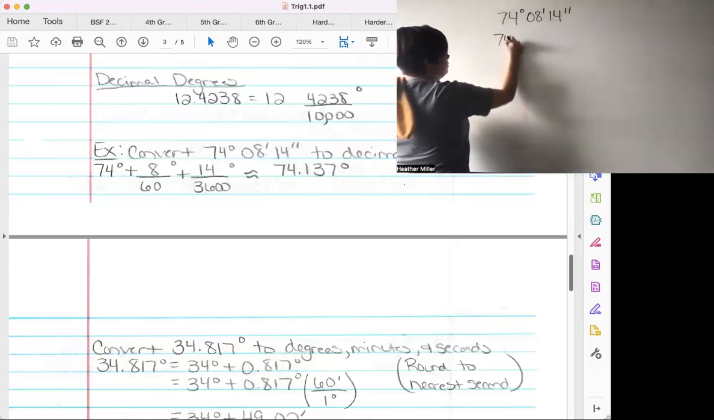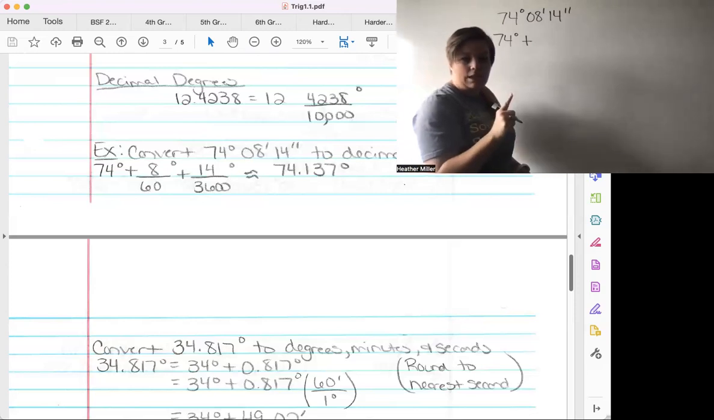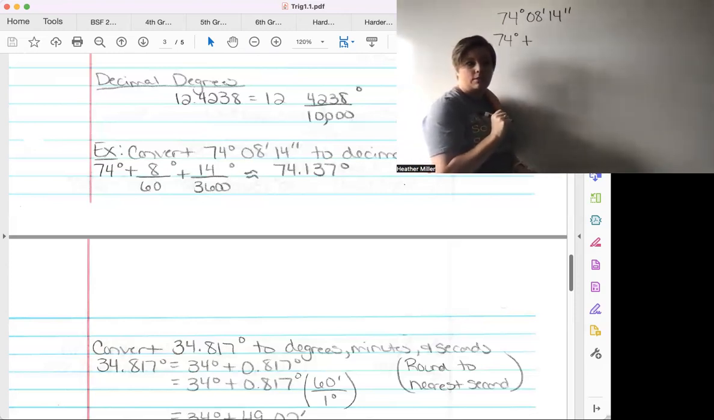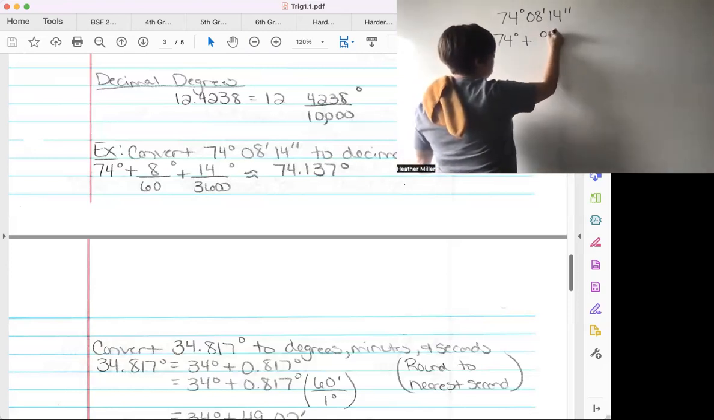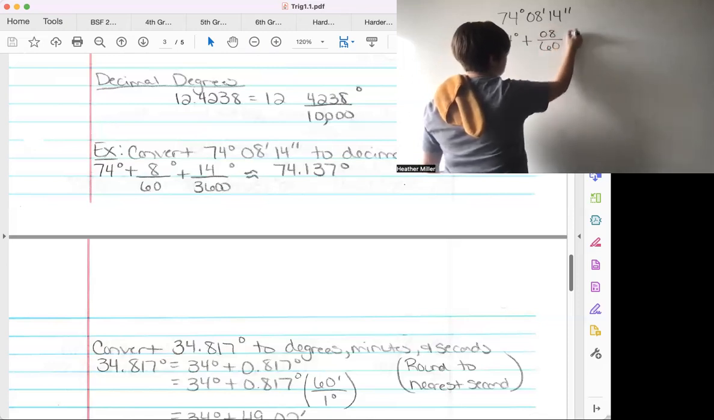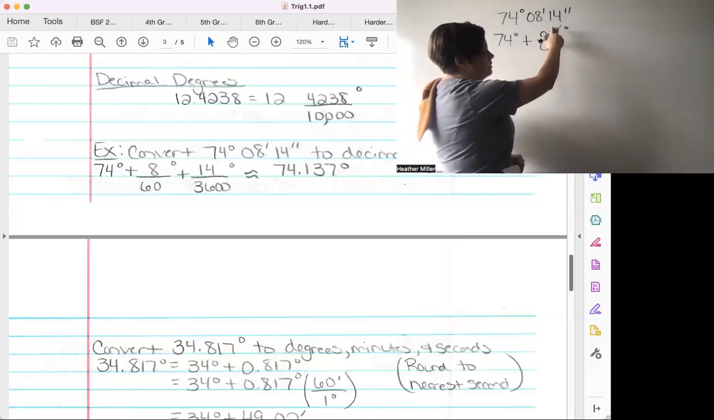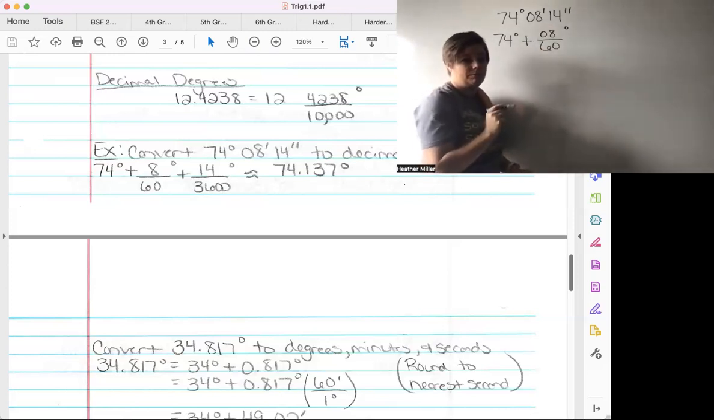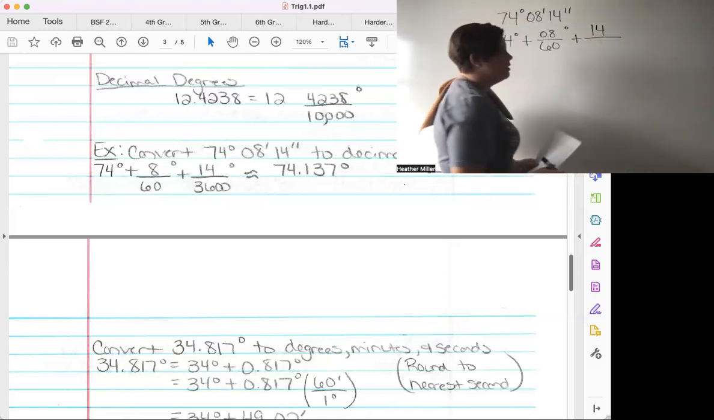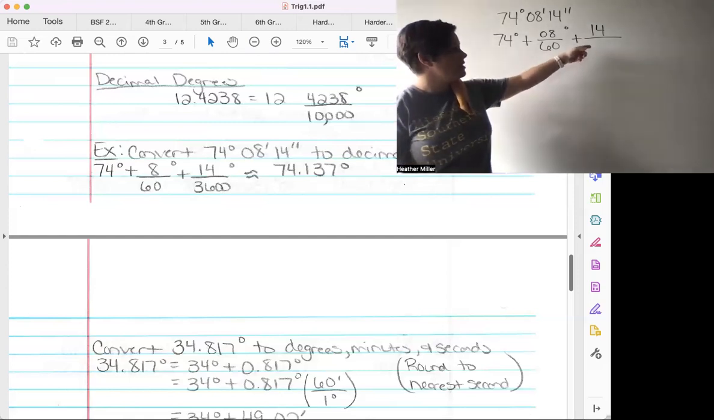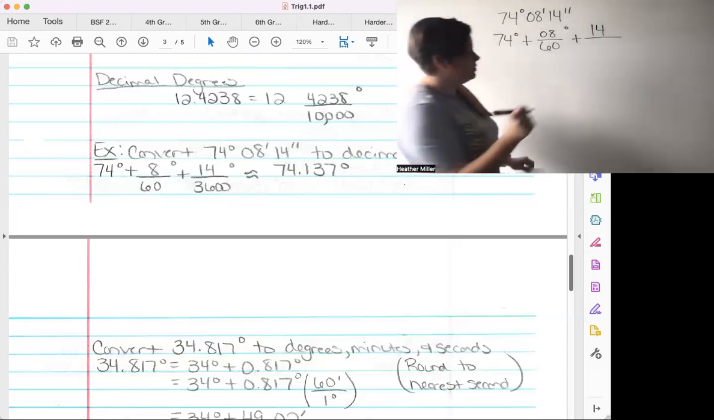So we have 74 degrees, that's already written as a degree, plus, and then here's what you have to think. How many minutes are in a degree? Well, we have 60 minutes in a degree. So we're going to have 8 over 60. We have 8 minutes over 60 minutes, and that gives us a degree. Plus, we have 14. Now here it gets a little bit trickier because we don't have 60 seconds in a degree. How many seconds did I say we had in a degree? We have 3,600